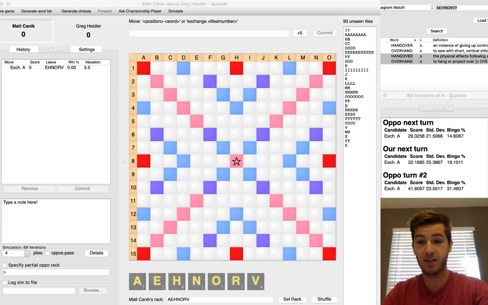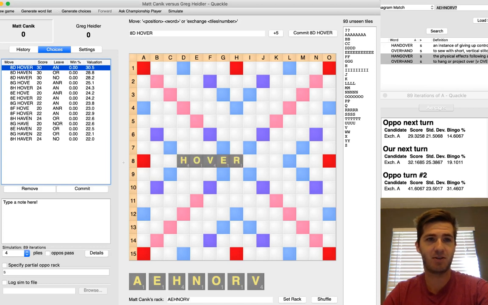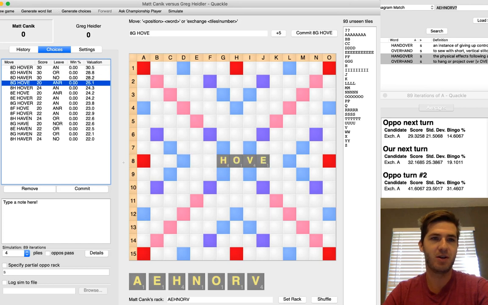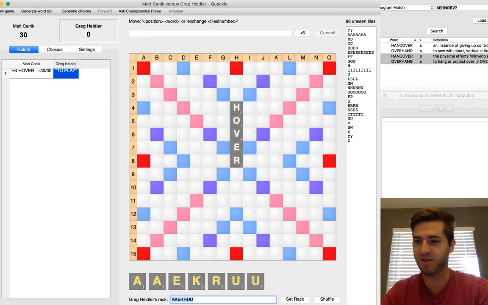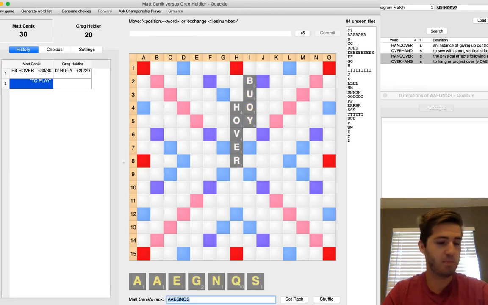I get to go first in this game, and I draw AEHNORV. There's really not too much to be said about this turn. I mean, there are several 5s that all score 30 or so: Hover, Haven, and Haver. But obviously you want to play off the O when you can. The O is not that great a tile, so there's nothing really to be said here. I play vertically because that's what I prefer to do. Some people hate me for it. Greg responds with buoy, and I draw into